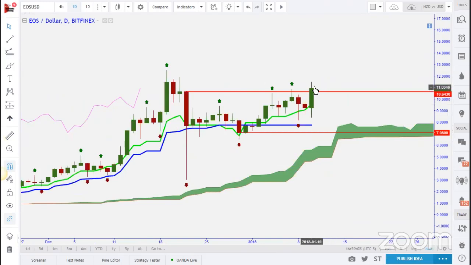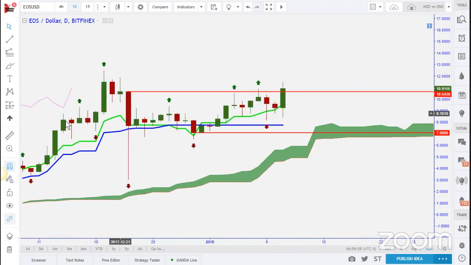Now, if you want to take this opportunity with the close above this level, that's a breakout of the range. To me, where are you going to place your stop loss? Because the market has the ability to come all the way back down to the support level here. That's why I don't really like trading these levels, because I don't have a defined stop loss level. But suppose the market does this for me, right? If the market does this,